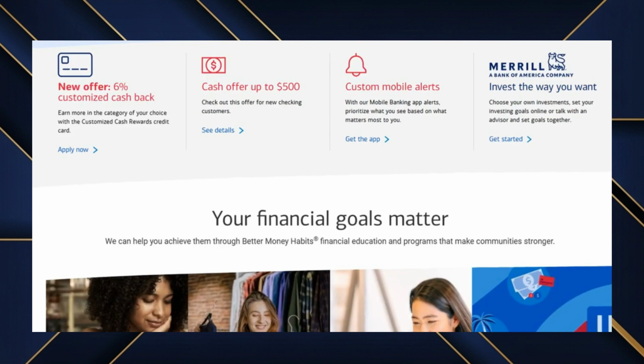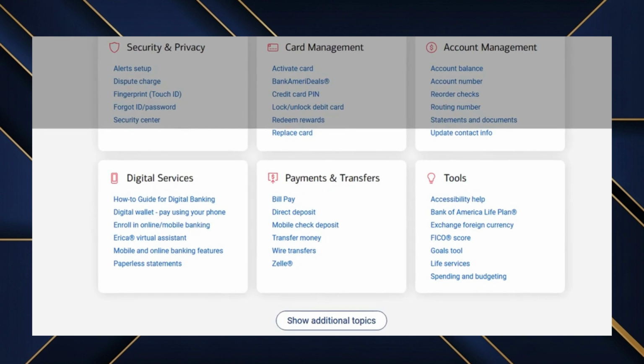In this video, I'm going to show you the simplest and safest way to set up two-factor authentication on your Bank of America account so you can add an extra layer of protection without wasting time. After logging in through the official website or mobile app using your username and password, head to your profile or